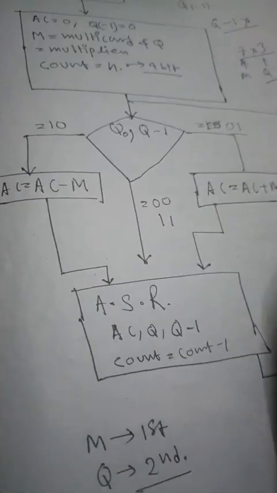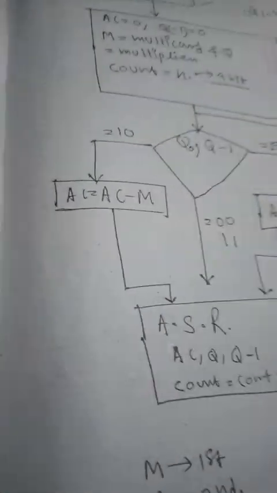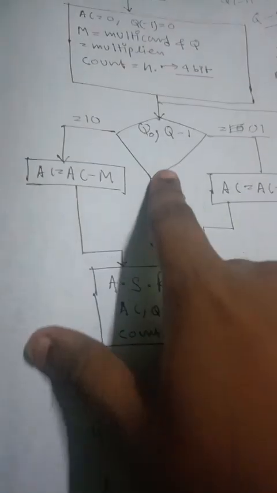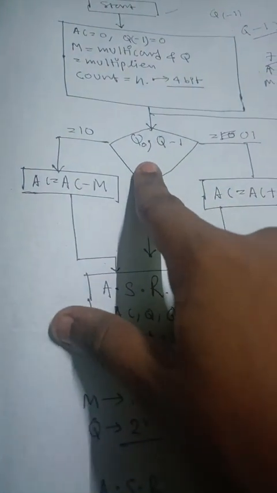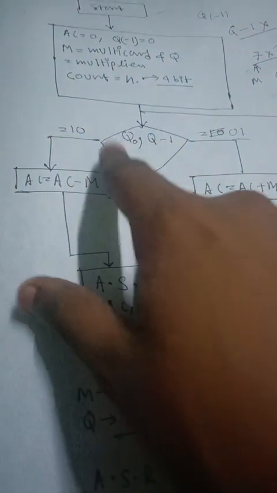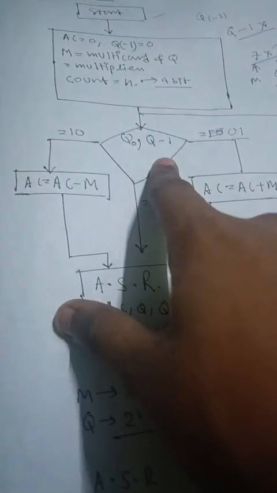Q0 is 1. Wait a bit. So Q0 is 1, and Q minus 1 is 0, so that is